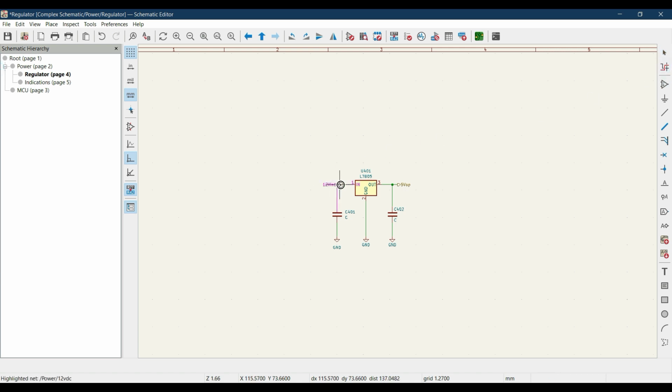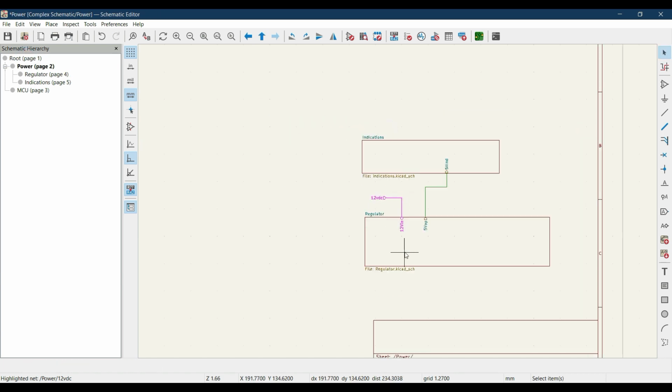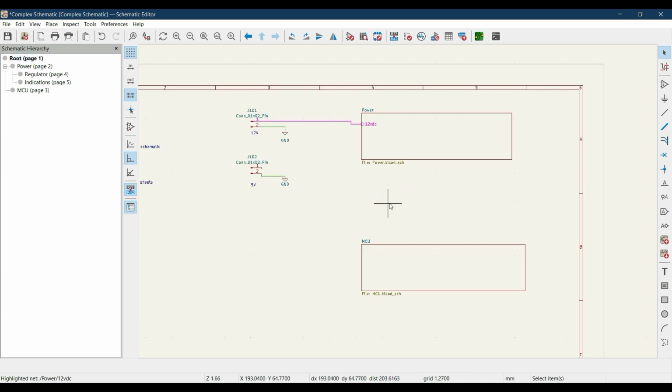You can check this by using the highlight tool. Click over here, let's highlight this net, go to the root sheet. You see it is now highlighted, this one is highlighted, this one is highlighted, which means our 12 volt from the input connector of the schematic is now fed to the regulator 7805. Similarly,